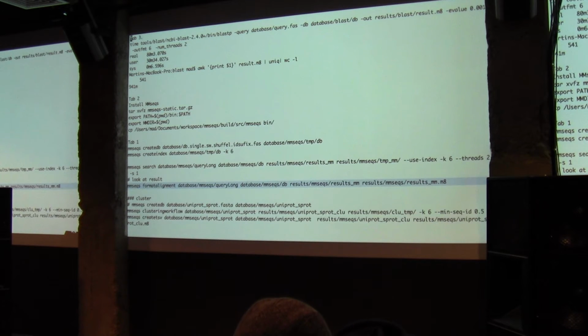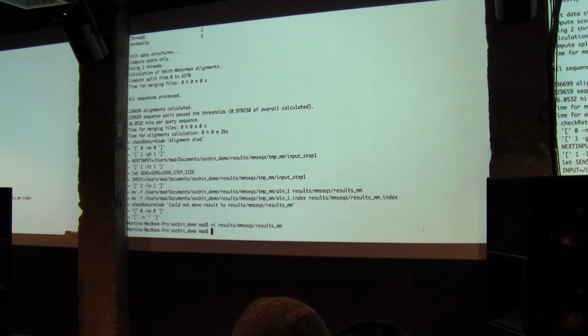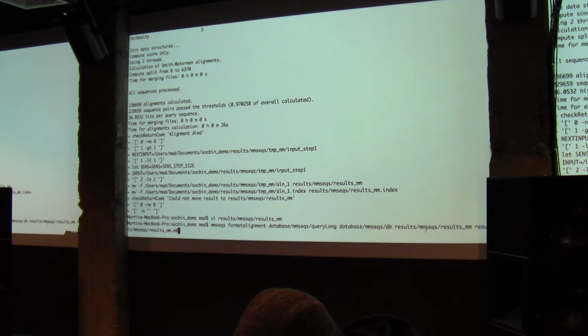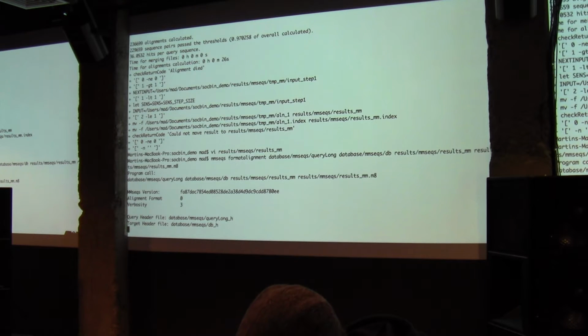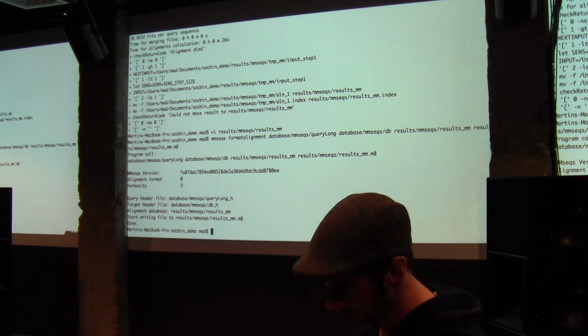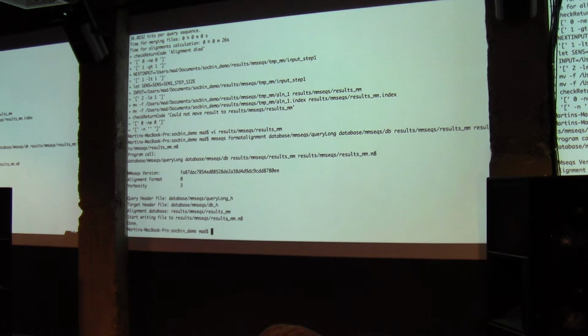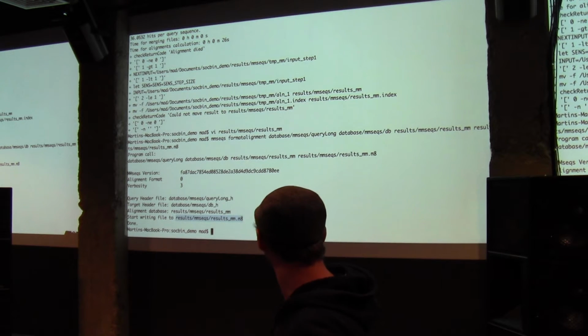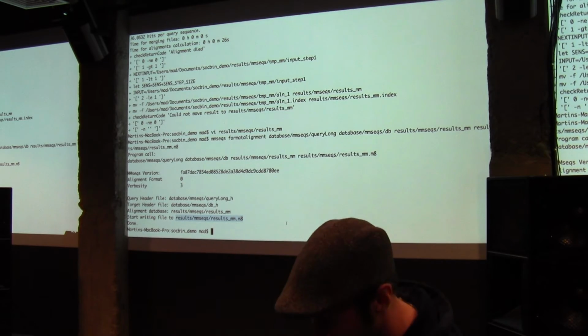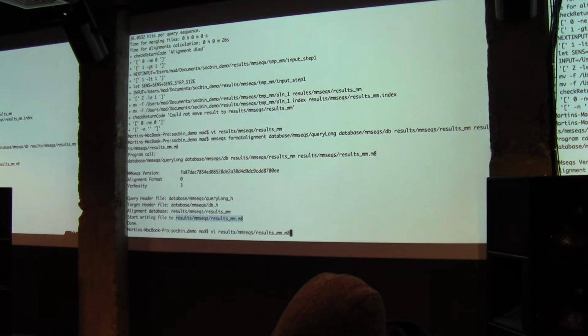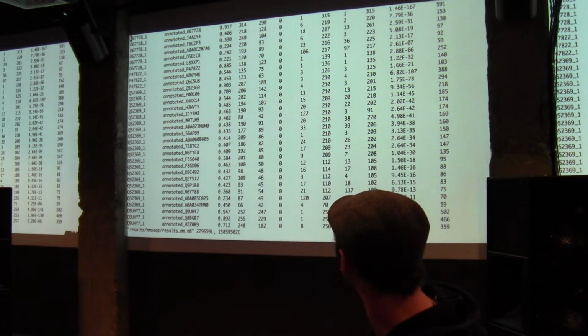So if you really want to use the results in a more handy way, you can format the alignment in different formats. At the moment we support the BLAST format because it's really useful to have, because most tools that go downstream use the same format. So I just formatted the alignment to the BLAST format. You can do this with the call MMseqs convertalis. And with this you then see, this is easier to read.